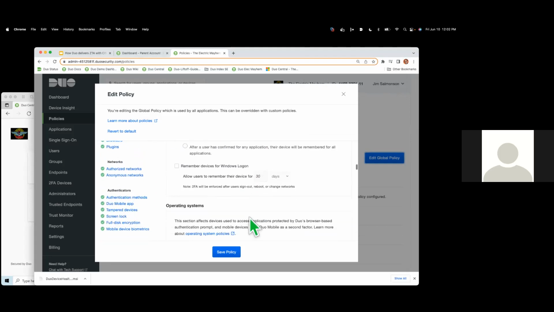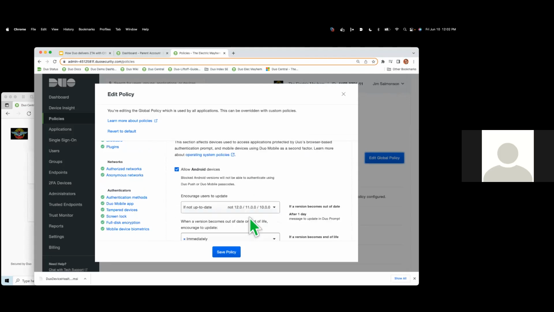We also provide some of that granular control around the operating system. So if it's not up to date to a specific version, you can nudge the user to say, all right, in 10 days, you will no longer have access to this application. You need to remediate. So that gives your user visibility that they are out of compliance from an operating system perspective, and then points them in the direction of whether they need to connect to VPN,